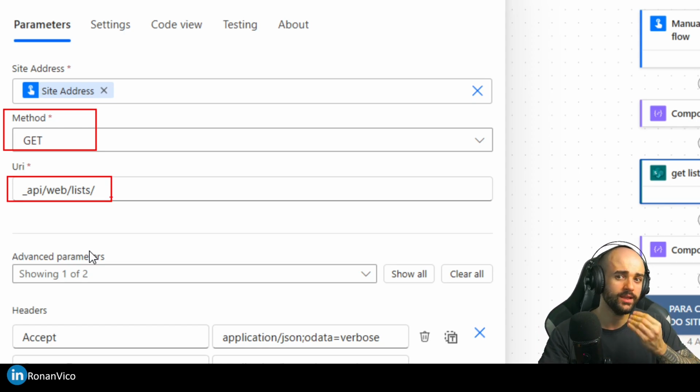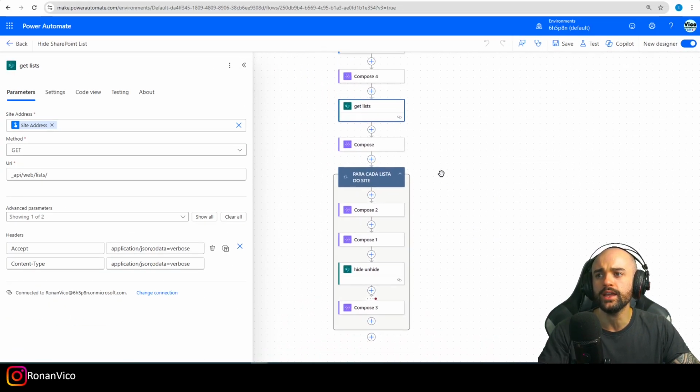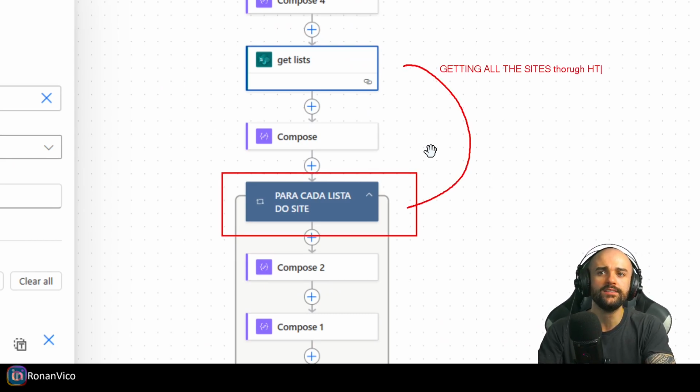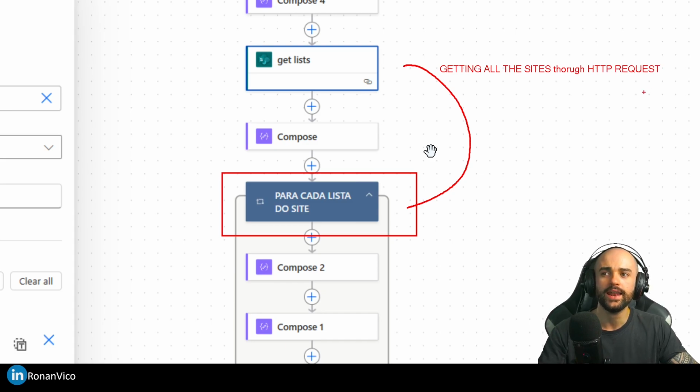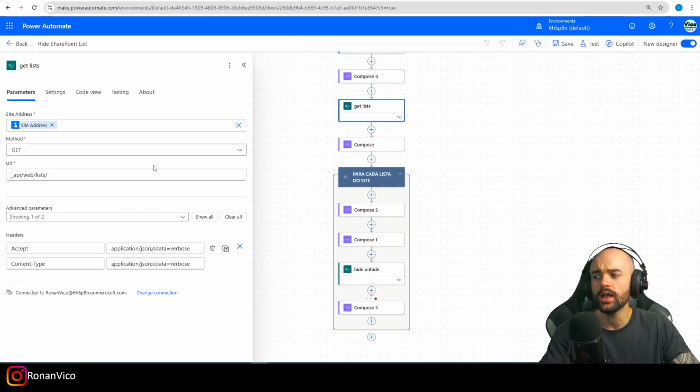So here is the part that you can customize, because what I am doing here is basically looping all the lists. I am getting all the lists through an HTTP request, right? And after that, I am looping each one of them without any condition. So you can make a condition here, right? For example, I can